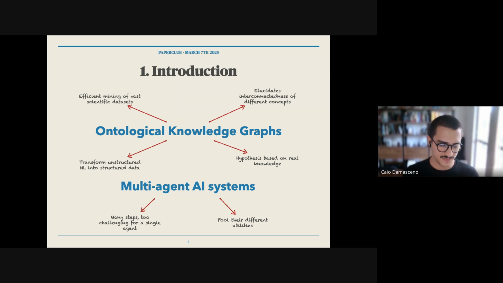So it's better to use different agents for different purposes, so that each one is specialized in one step. And it's good because you can make each of them very specialized in a different ability, and then pull their different abilities to employ in the project. So it works better this way.